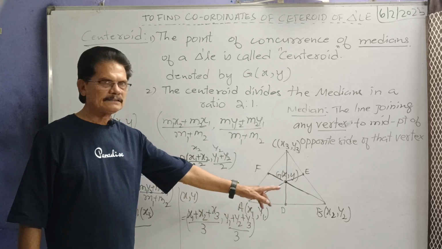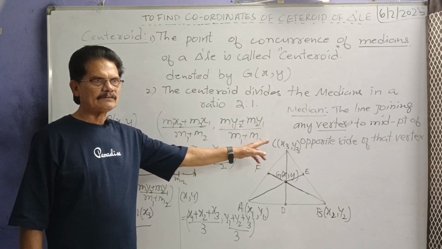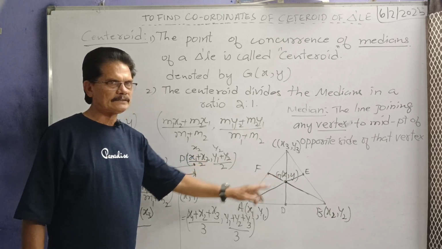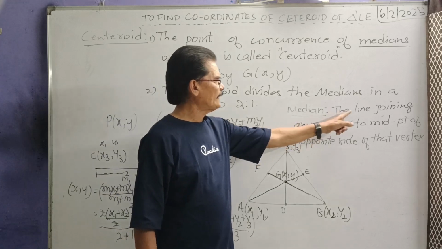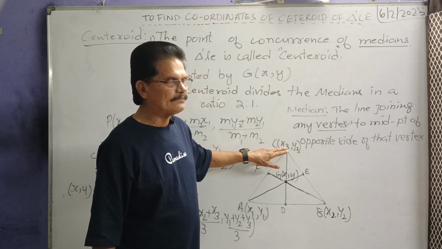The vertices are given: x1, y1, x2, y2 and x3, y3. The vertices of the triangle are given, and you have to find the centroid. Now what is the median? Median is the line joining any vertex